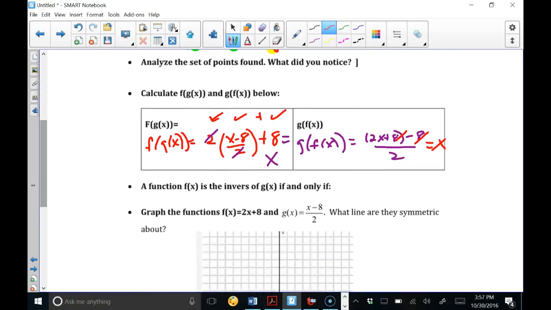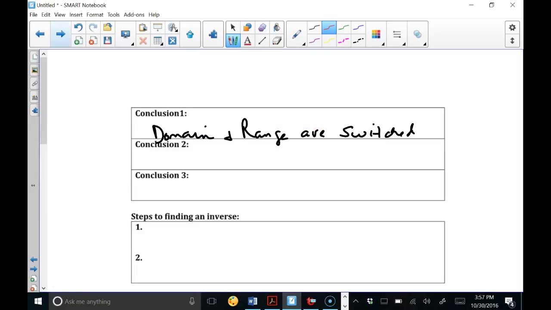Which leads us to our definition of an inverse. A function f of x is the inverse of g of x if and only if f of g of x is equal to g of f of x is equal to x. In fact, this is our second conclusion. If we want to verify that two functions are inverses,